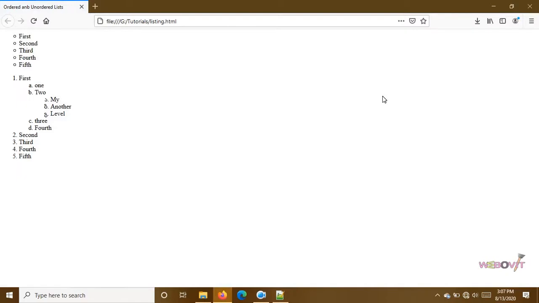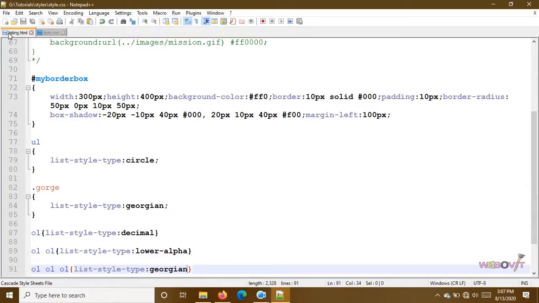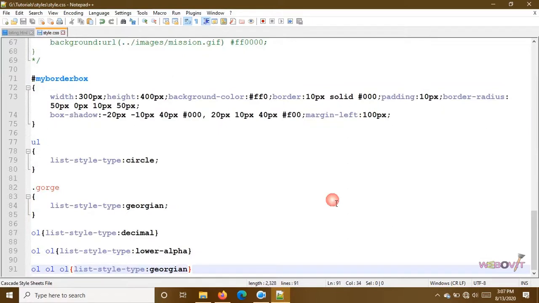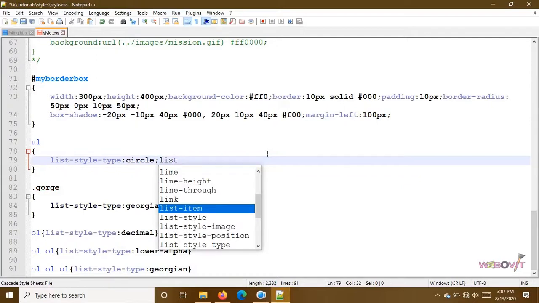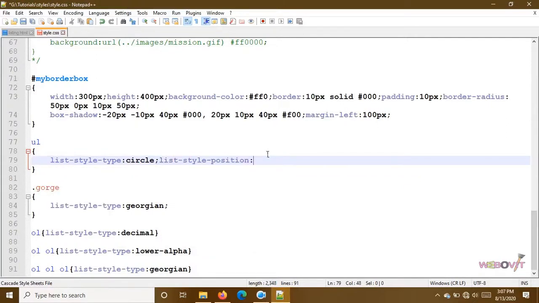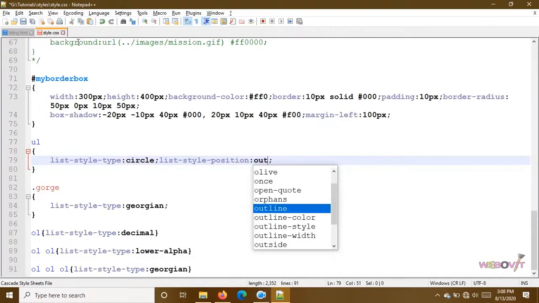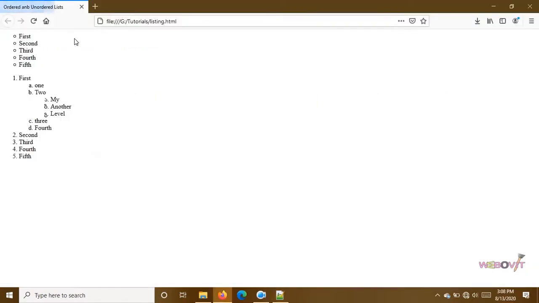Okay, now moving ahead. Here we are having an unordered list. For the unordered list, another property we are going to learn is list style position. List style position, we are having the positions inside and outside. Now inside will go a little bit towards the inner way, and outside is the default one. Outside is normally okay. If we give inside, then it goes slightly in the inward direction. Okay, so this was the list style position.